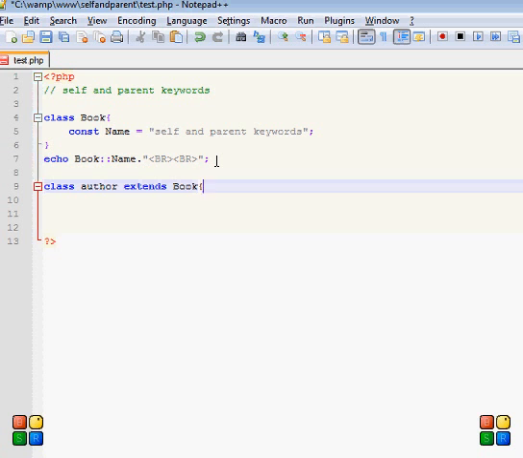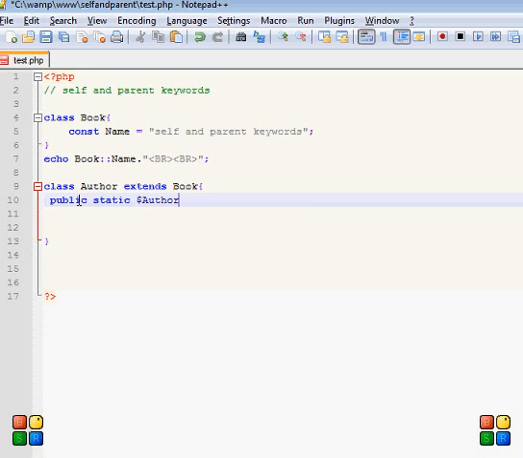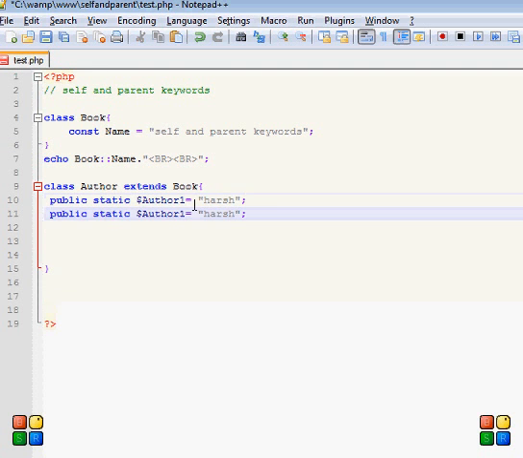Okay, and in this author class I am going to create a static property which is author1, and author1 like my name simply Harsh, and I'm going to create another static property like author2 which is Heavy. Okay,